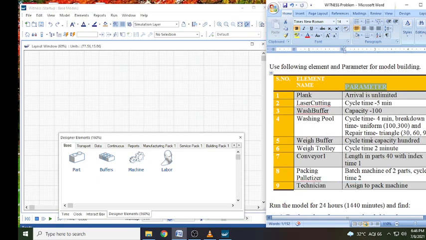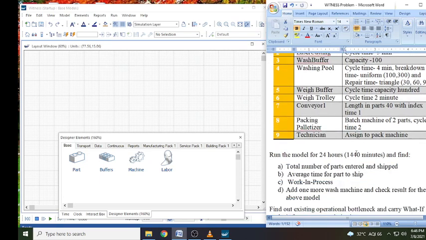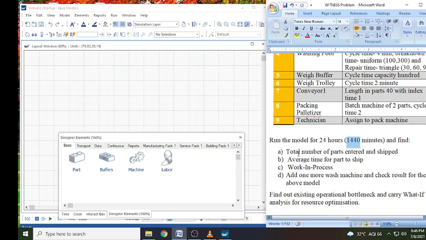We will prepare and run a model for 1440 minutes in this Witness layout and will find the total number of parts, average time for a part to ship, and work in process, and we will also try to add one more machine, a wash machine, and check the result and the change in result.